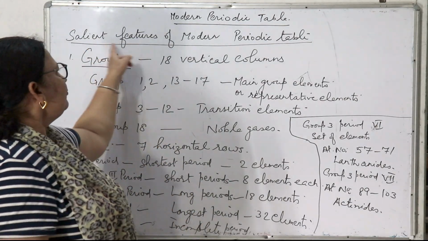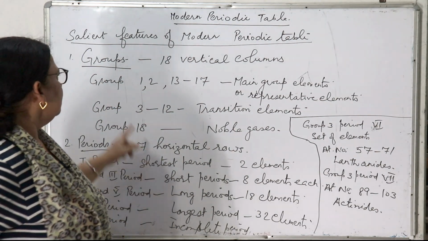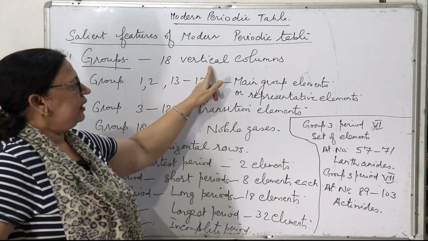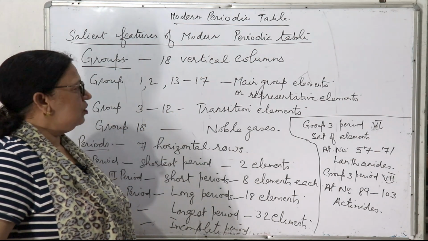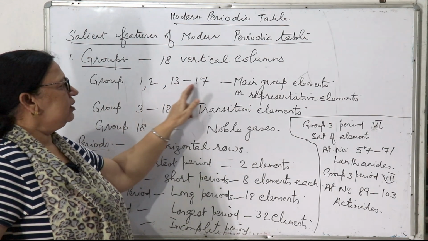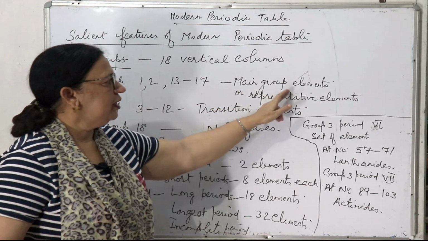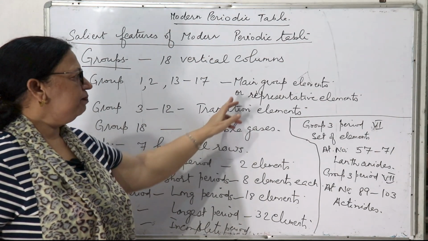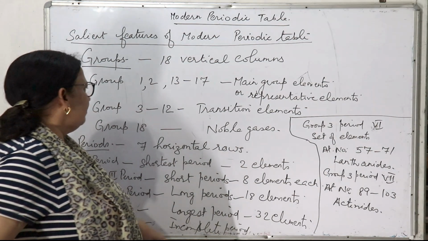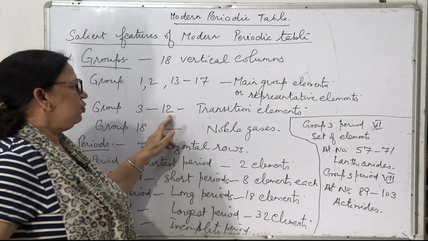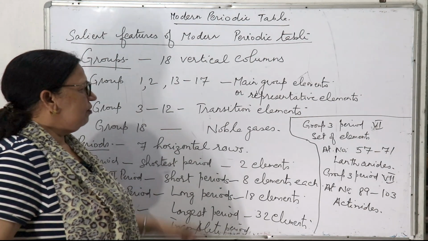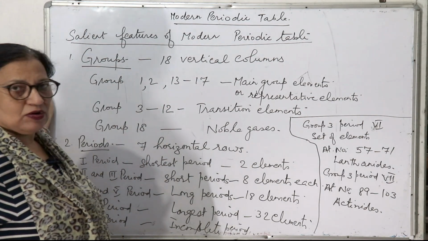Next is salient features of the modern periodic table. First one is group, as there are 18 vertical columns in the modern periodic table. Groups 1 and 2, and 13 to 17, they are called main group elements or representative elements, as their outermost shell is incomplete. Groups 3 to 12 they are called transition elements. Why are they called transition elements? Because their